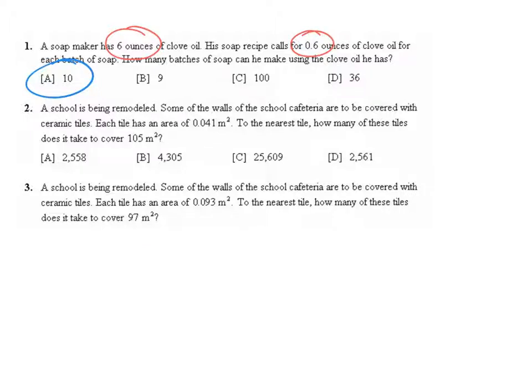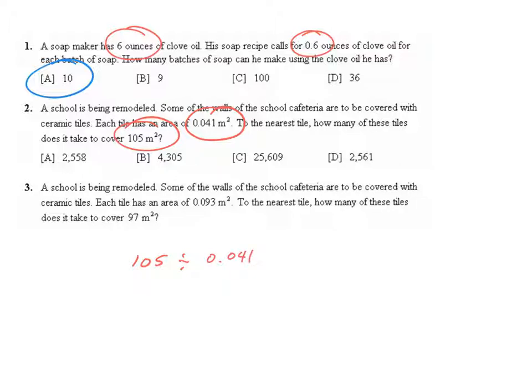Question 2 says a school is being remodeled. Some of the walls of the school cafeteria are to be covered with ceramic tiles. Each tile has an area of 41,000 square meters. To the nearest tile, how many of these tiles does it take to cover 105 square meters? We're taking our total area and splitting it into groups of 4,100 square meters to find out how many tiles that will be. So the problem is 105 square meters, rather, divided by